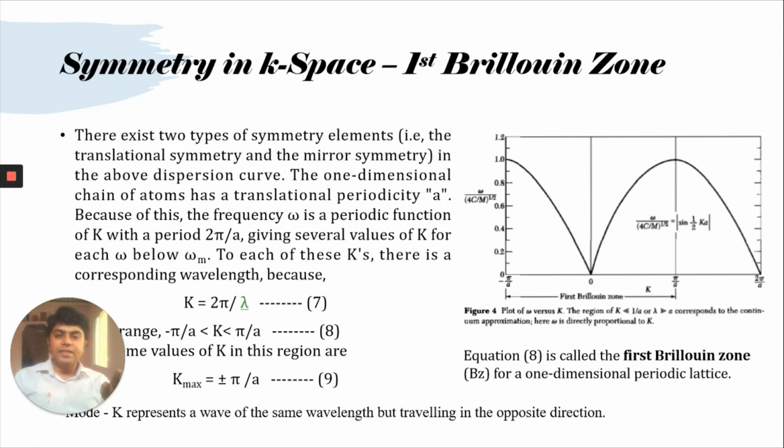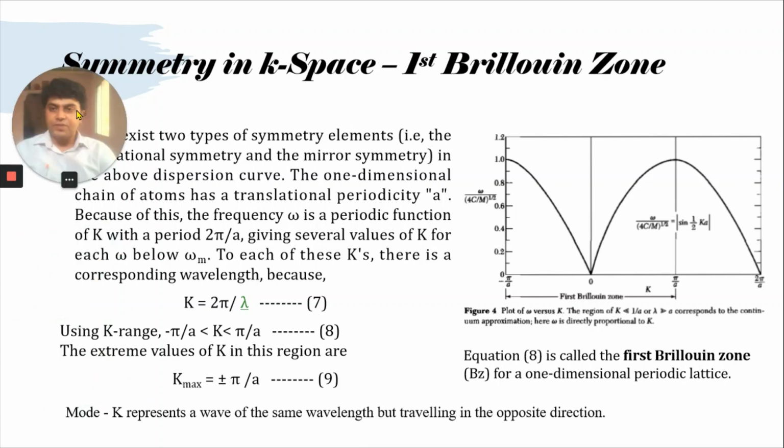The plus or minus 2 pi by a is for the second Brillouin zone, whereas for the first Brillouin zone it should be plus or minus pi by a, with several values of k. We also know the maximum cutoff vibrational frequency, which in this case is root of 4k by m, as we discussed earlier in the session. The wave vector k is related to the wavelength of the vibration, where k equals 2 pi by lambda, and lambda is the wavelength.